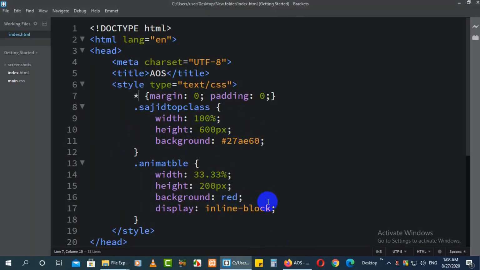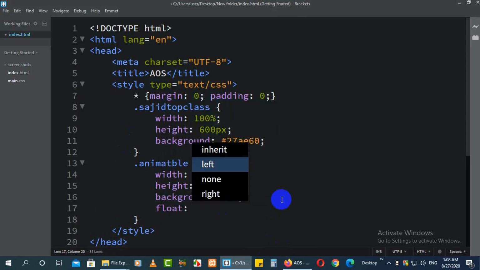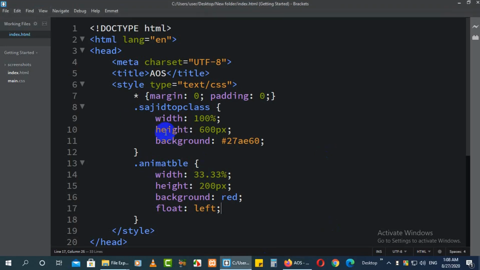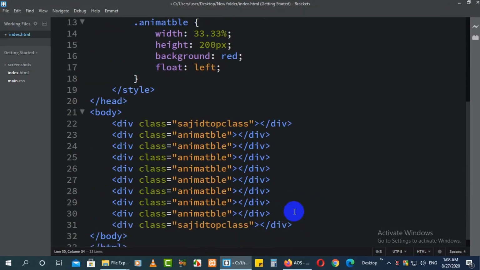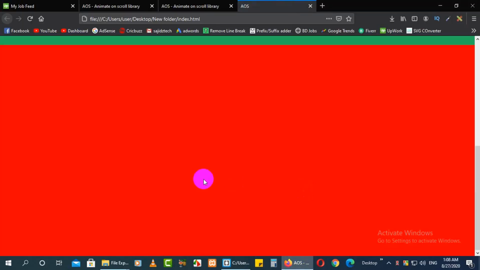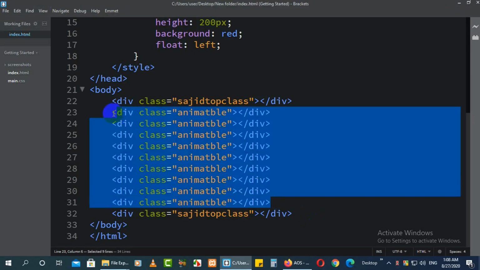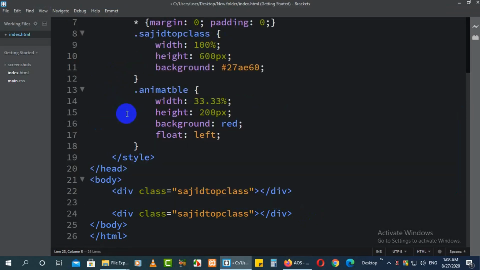So I just want to make this not display float, and here I make it as a float so that it will work clearly and properly. And here there are some mistakes, so I take another class so that it will fill up one by one, but there is a problem because I didn't take an overflow class. So here I make it